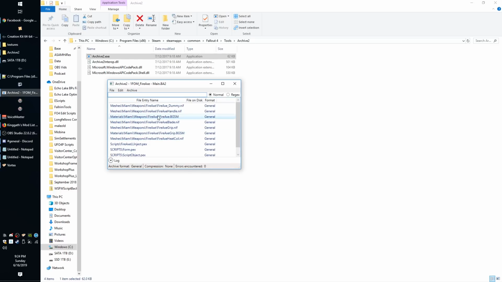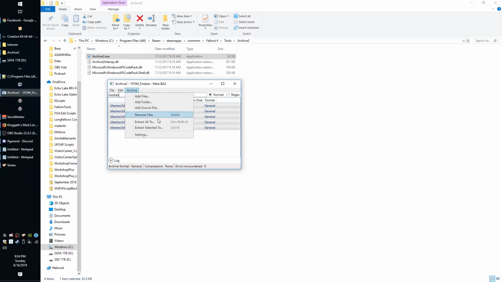So basically, let's assume that I opened up one of Bethesda's. You can select any of the files you want, and then go to Archive and Extract Selected, and then you can extract them anywhere and you'll have access to those files. Another cool thing you can do here is filter. You can start filtering by typing in part of the path. So if I just wanted the meshes, you could filter it, select them, and then again, do the extract selected